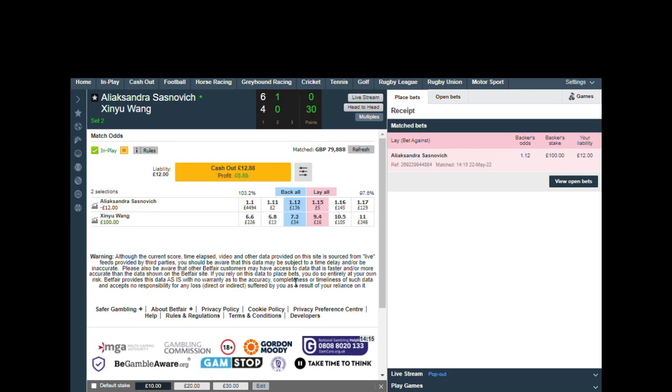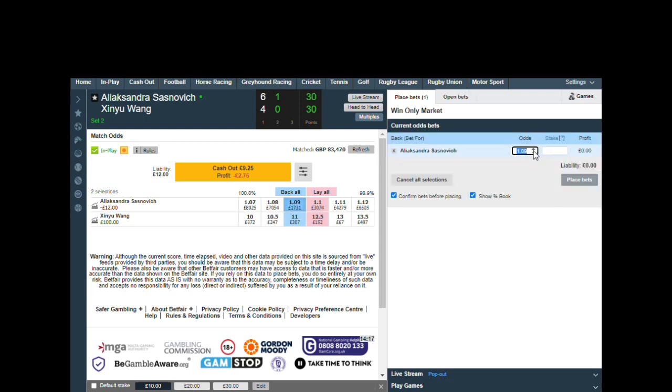So in this video, we've got Sasnovich against Wang. This is another second round match in the French Open. So this is a really short trade. To be honest with you, for some reason I just wasn't really into this trade. But as you can see on the screen, I've laid it at 1.12 at the end of the first set